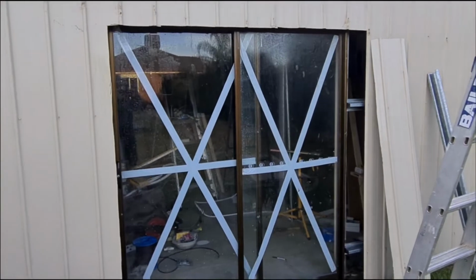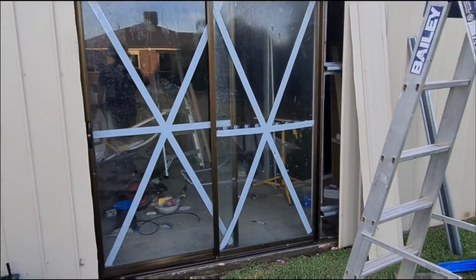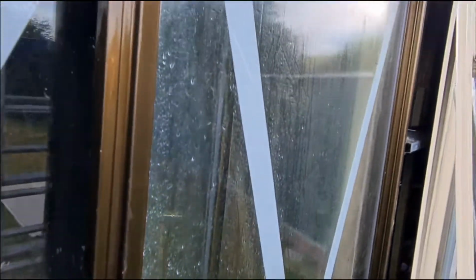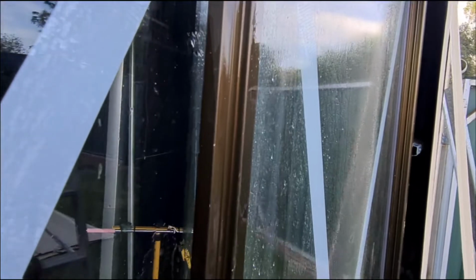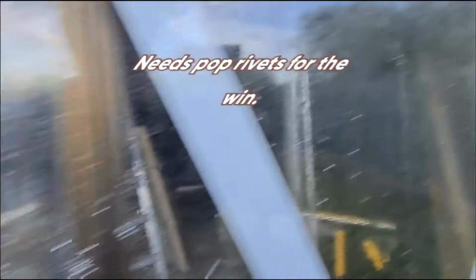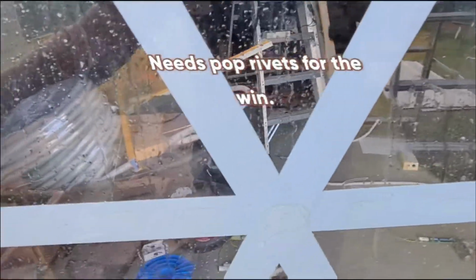Hey guys, I'm still working on it, and I've got the doors on, or the door on. I'm still working. I've got to patch that up. This goes in the front and it just slides in. I thought this was going to be really hard to put in, but it was really easy. It just goes in front of where the flywire screen goes, and you just got to have your main track,